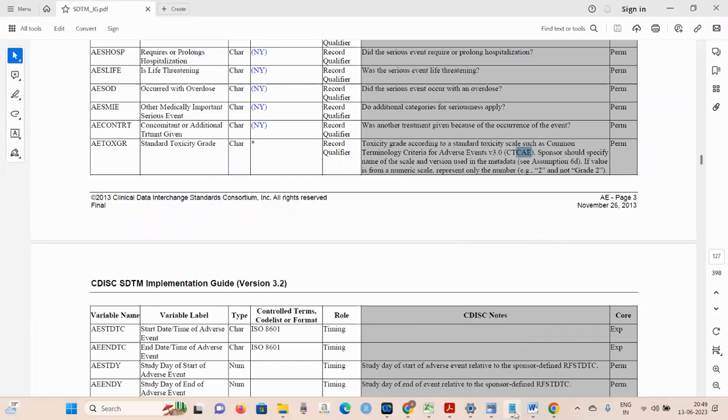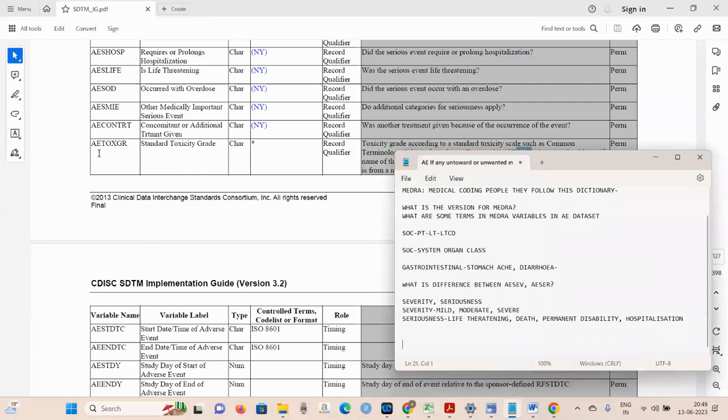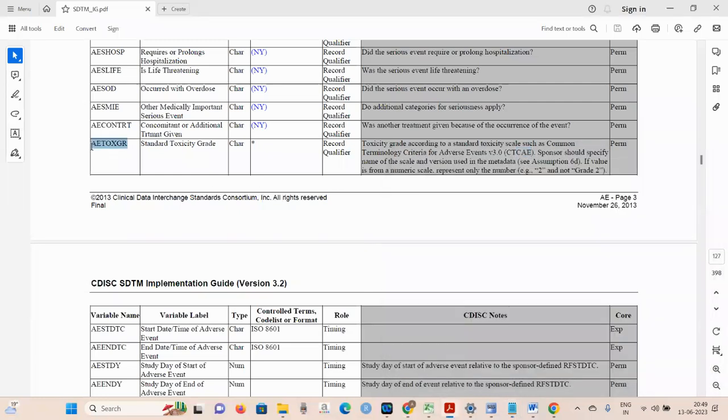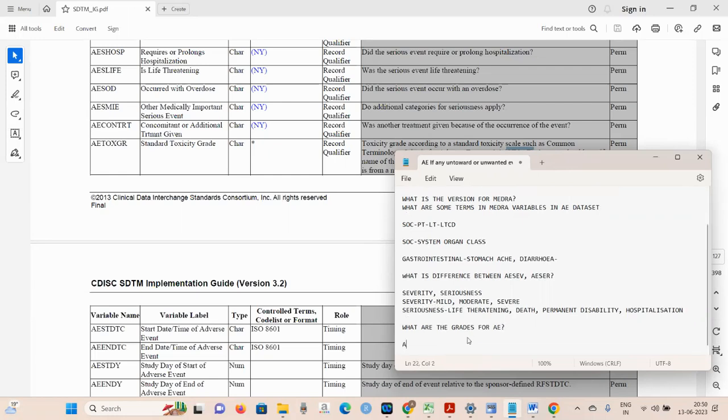Okay, so the one we're talking about, the CTC-AE. We don't have this toxicity grade right now in this particular project, but I'll explain what this CTC-AE is. This is also a very important interview question. They will ask you what the grades for AE, adverse event, are. So as per the CTC-AE,